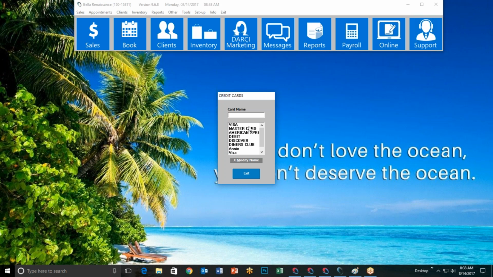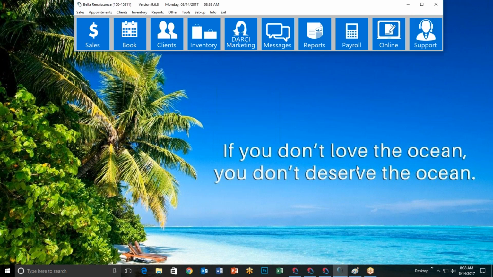These are only the cards that you accept. This is going to allow you to process a sale in the point of sale and say, hey, this person paid with credit card. Even if you are not using our preferred provider, you still are keeping track of the fact that a credit card was used, what type of credit card was used, and this way your reporting is accurate,